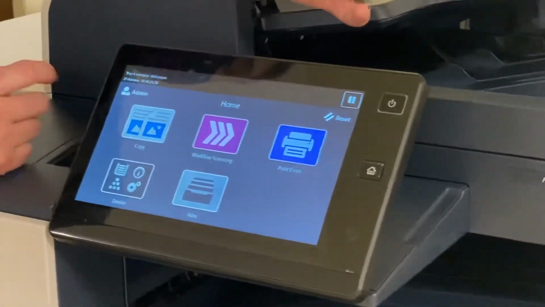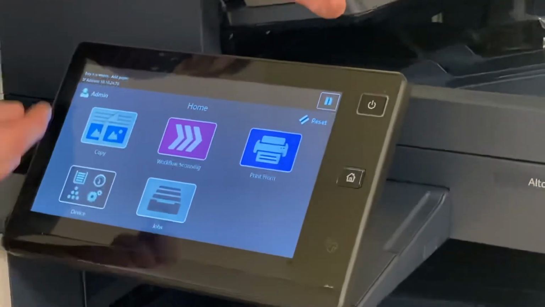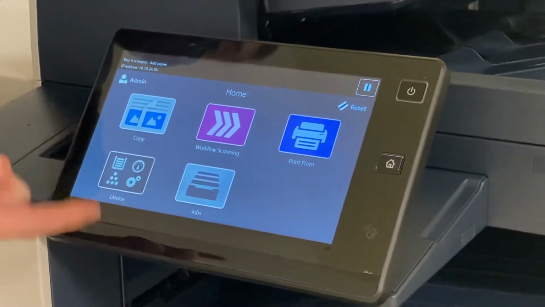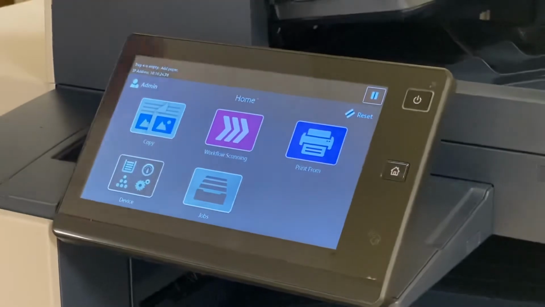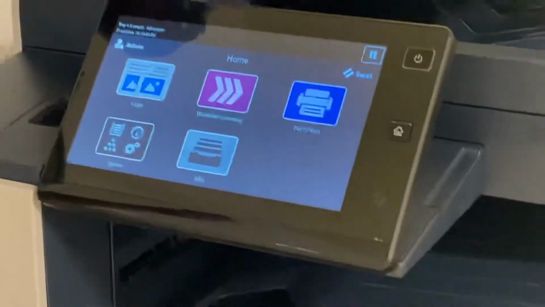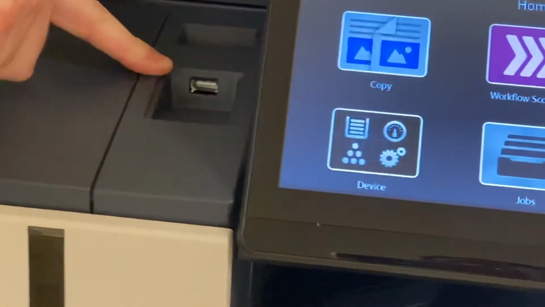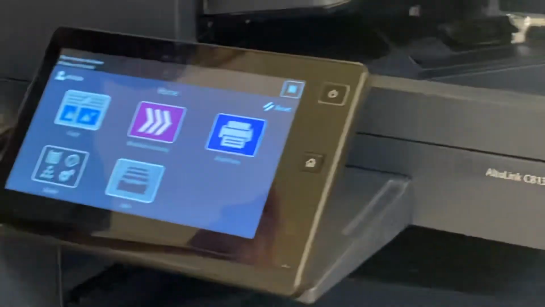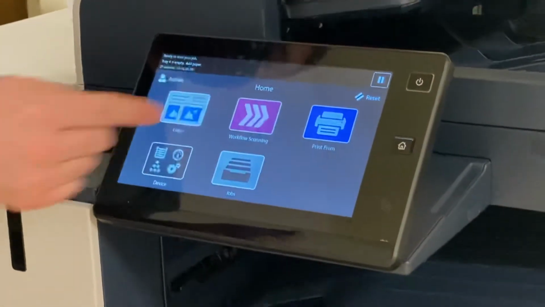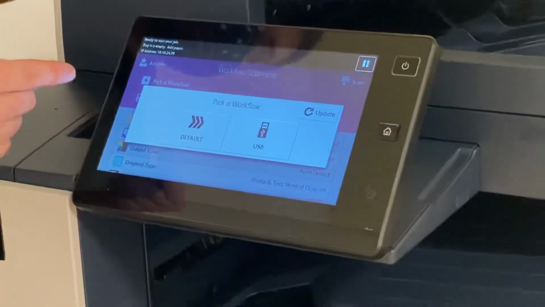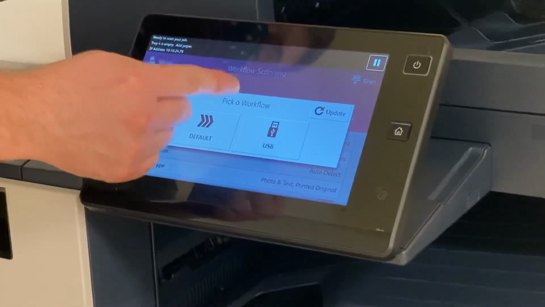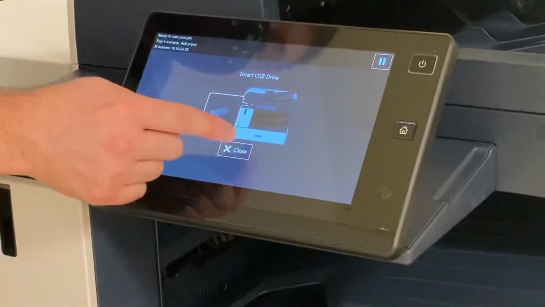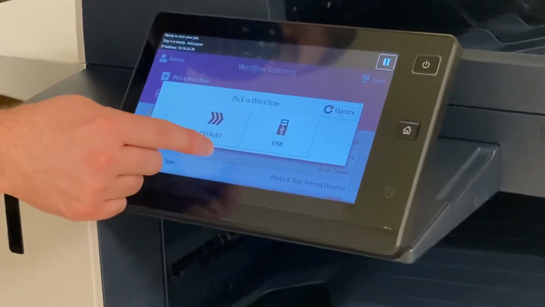Now, as far as scanning goes, whenever you plug in the thumb drive, it should give you the prompt and ask you, are you going to scan to it or print from it? Where's the thumb drive go? The USB port is right there. Okay. And for instance, if we're going to be scanning to the USB drive, the screen will come up. You'll select USB, and I don't have one to put in there right now, but